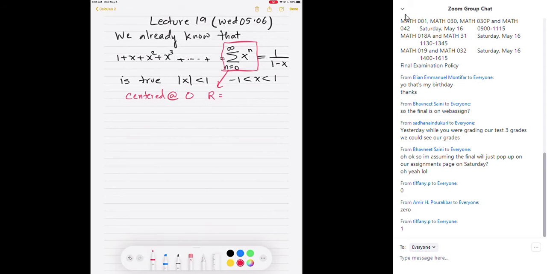Very nice. Answer my question to you, is this a power series? And the answer should be yes, it is a power series. Why? Because it's just a polynomial. Power series is of the form